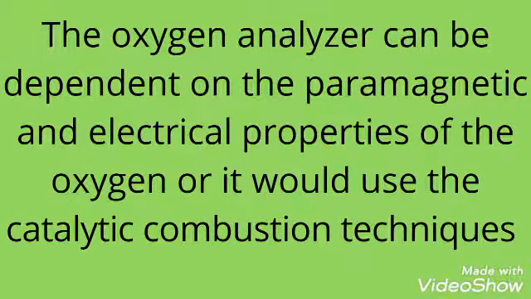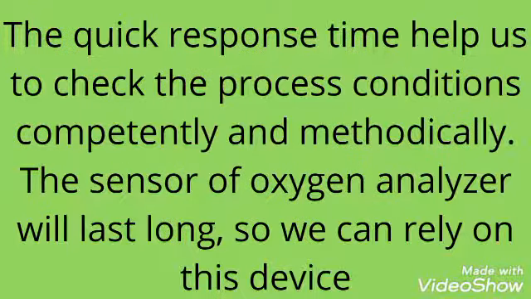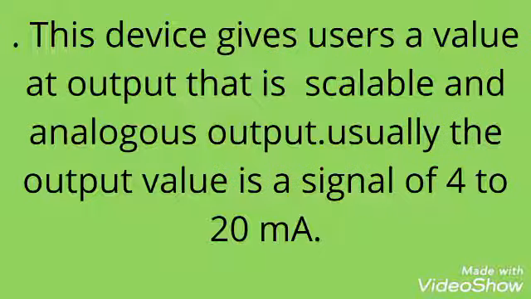An oxygen analyzer can depend on the paramagnetic or electrical properties of oxygen, or it can use a catalyst. The quick response time helps us check the process condition. The sensor will last for a long time. Its output is scalable, usually an analog 4 to 20 milliamp signal, so we can use it with